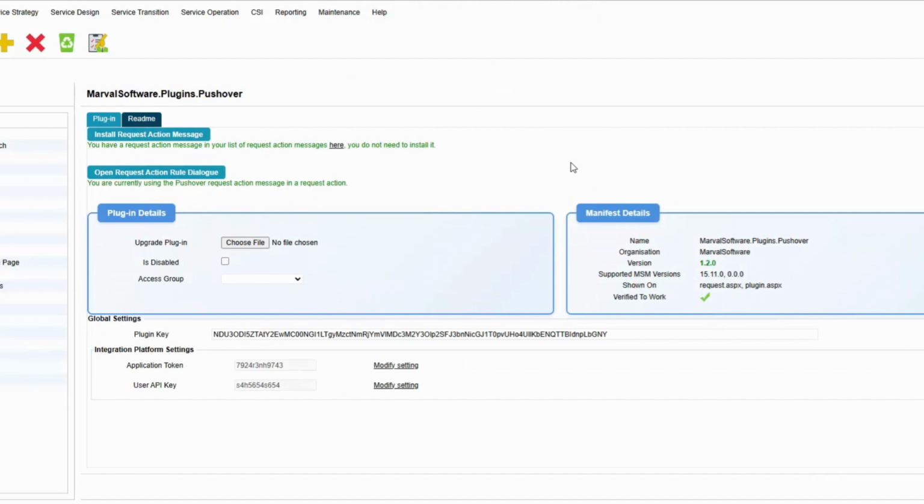So that goes through the installation of your first plugin, how to configure plugins, and how to configure your Marval